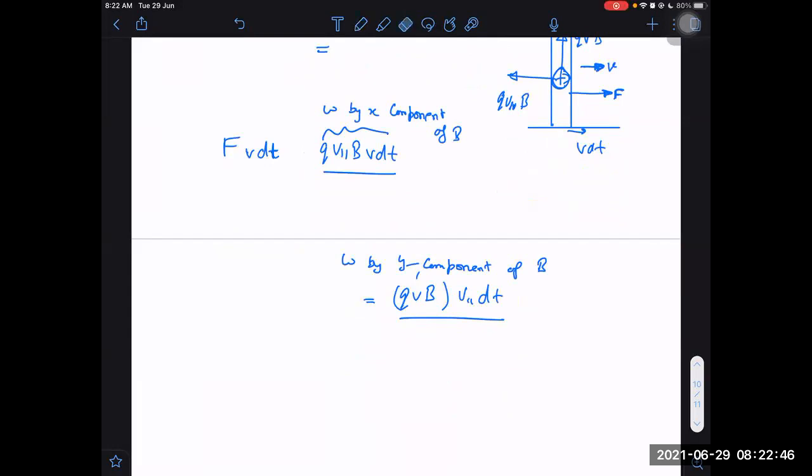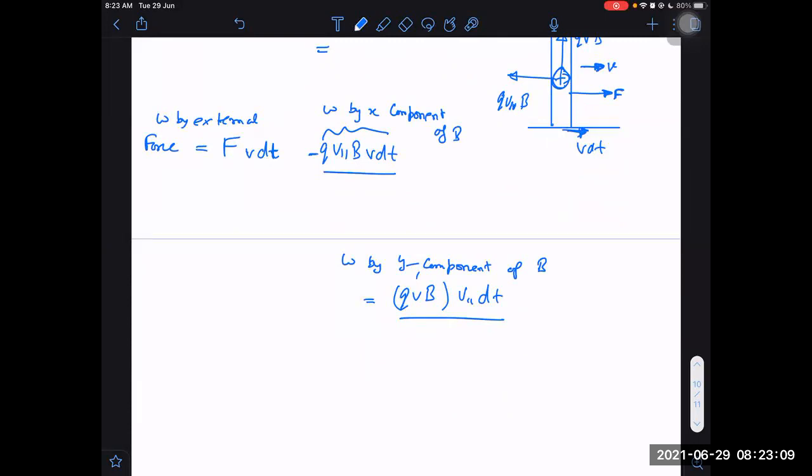Yes, sir. But one thing I should say, this is work done by external force. Now this is actually minus here. I forgot to put that minus sign. Minus I should have kept because QV parallel B backwards and VT forward, right? So these are at a 180-degree angle to each other. So it will be a minus sign, right?